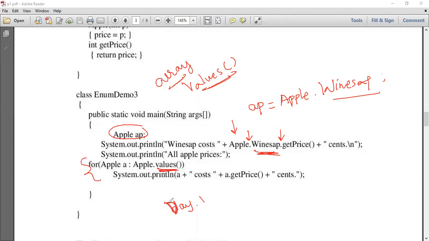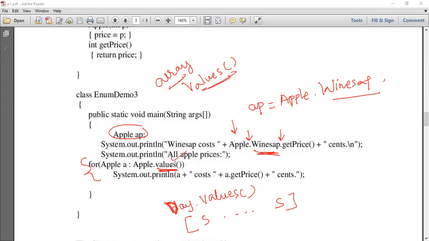This method is called on an enumerator type, and it will return an array that contains Sunday till Saturday. The 7 constant values will be returned as an array.